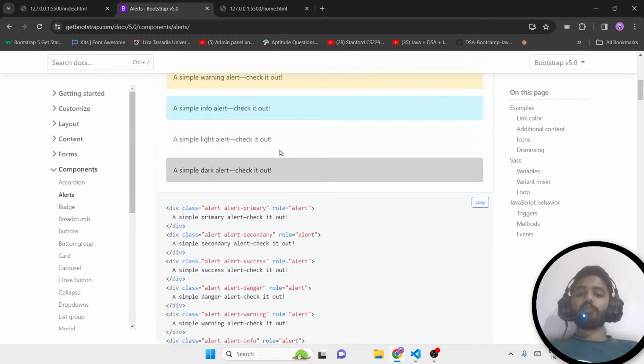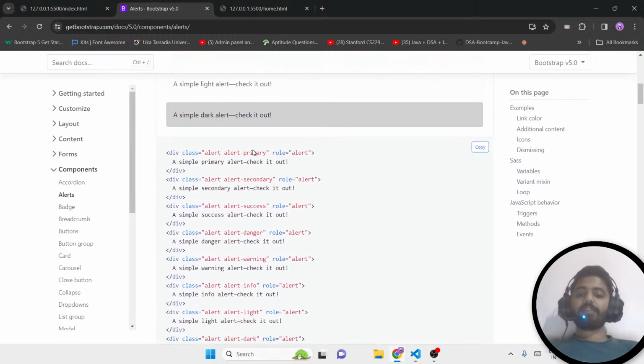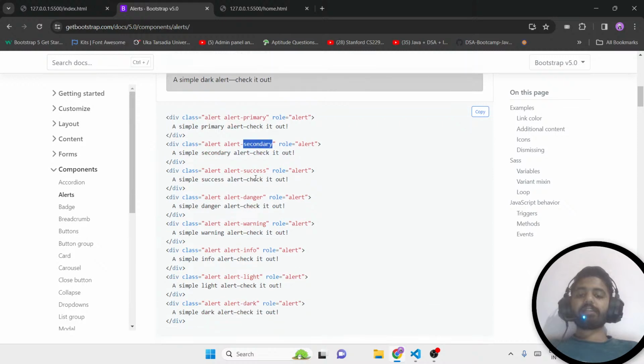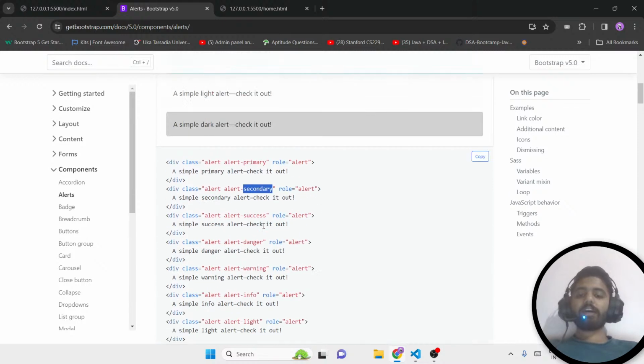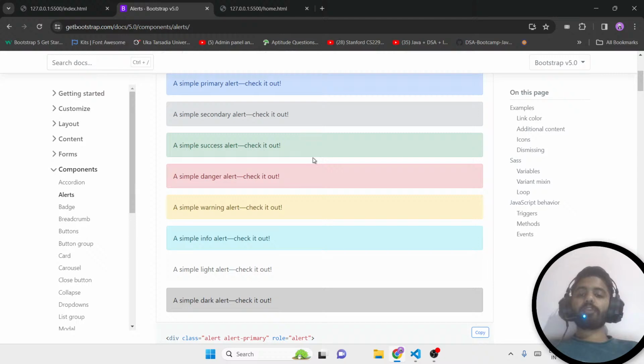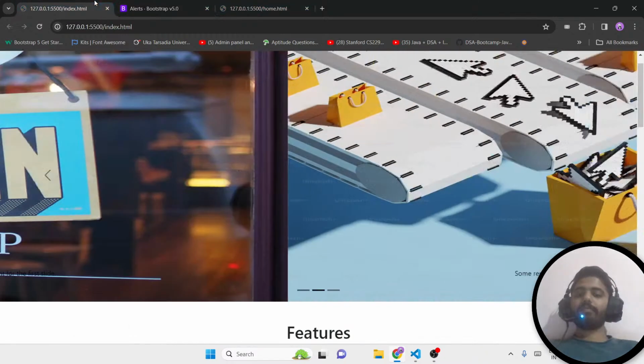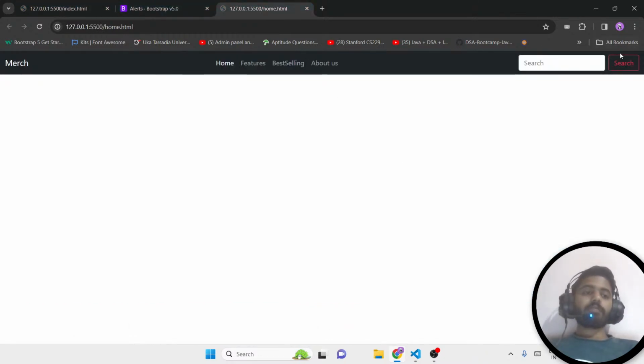Yeah, so from over here you can check out these classes: primary, secondary, success, danger, warning, info, light, dark. So these are all the colors that you can get, right? So we are currently using this danger one and it's looking pretty good only,